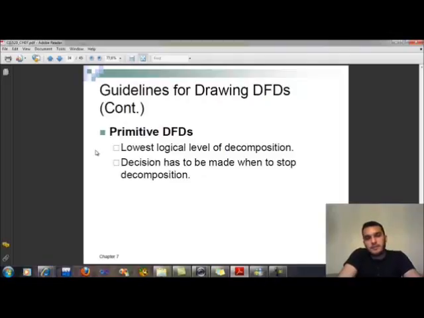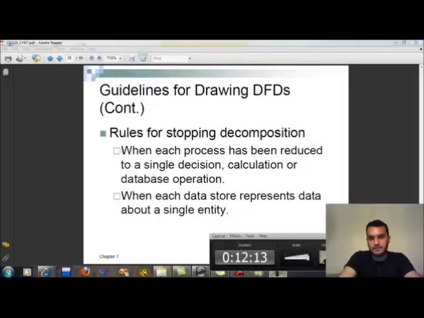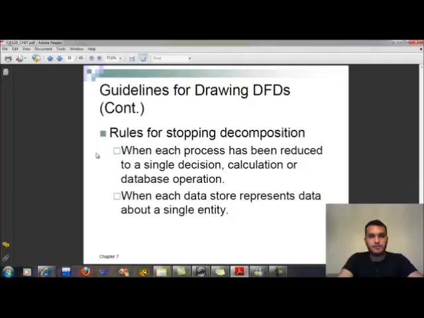And primitive DFDs are the lowest logical level of decomposition, and a decision has to be made about when to stop the decomposition. Here are the rules for stopping the decomposition first: when each process has been reduced to a single decision, calculation or database operation,